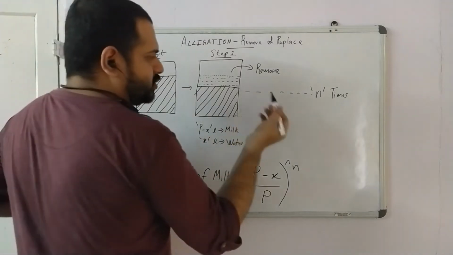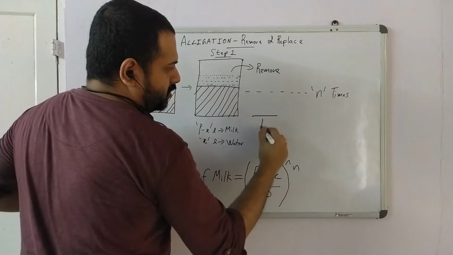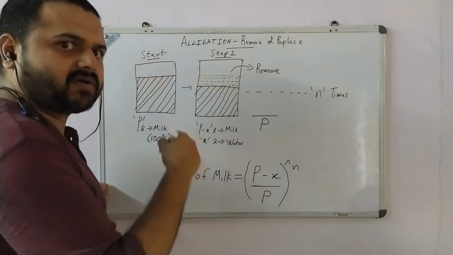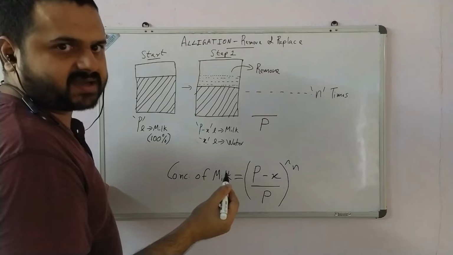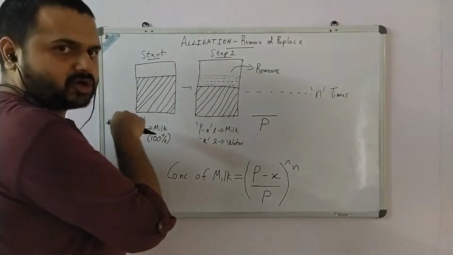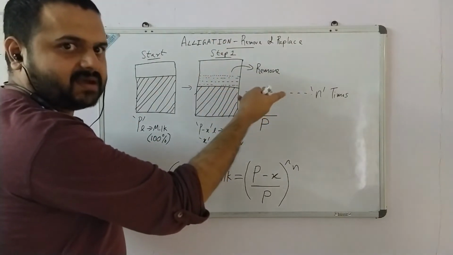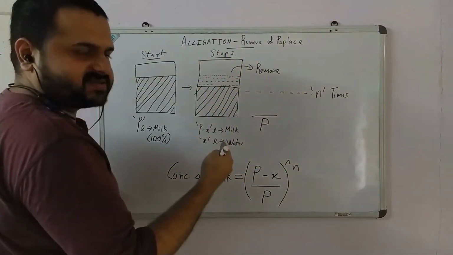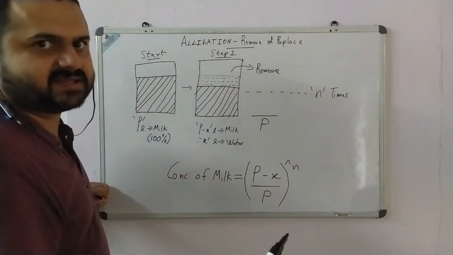It is simple, right? So what is concentration? Concentration is nothing but the total volume of the solution and the amount of milk in that total solution, right? So the total volume is P liters, correct? Because we are not changing the volume in any way. We are retaining the same total volume of P. We are just replacing X liters of milk with X liters of water, correct? So the total volume remains the same.